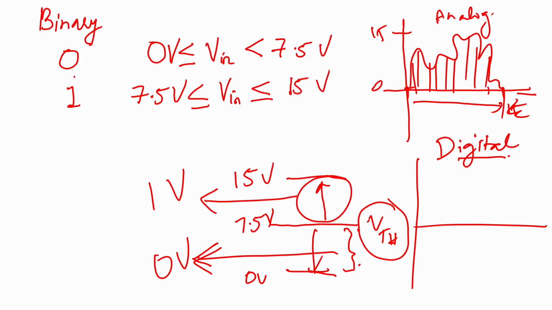If you notice clearly, if you have the eye for detail, you will notice that here this is less than 7.5 and here only we have put the equal to sign. So, that means if the V in value is 7.5, let us say, then we will translate it to a binary value of 1. Okay. So, this is the crude way of how analog to digital conversion would be done, but then this has its limitations.